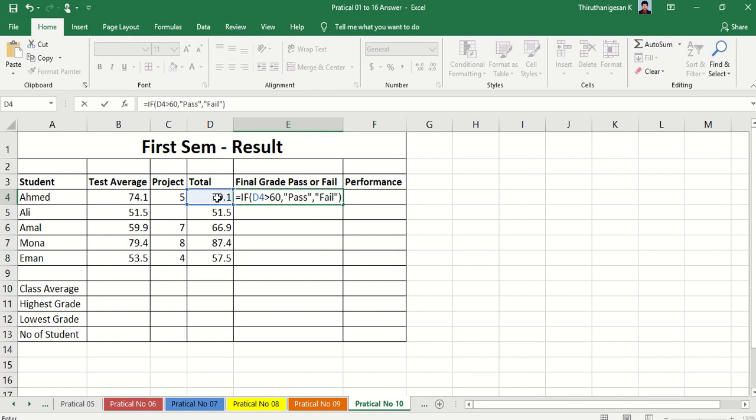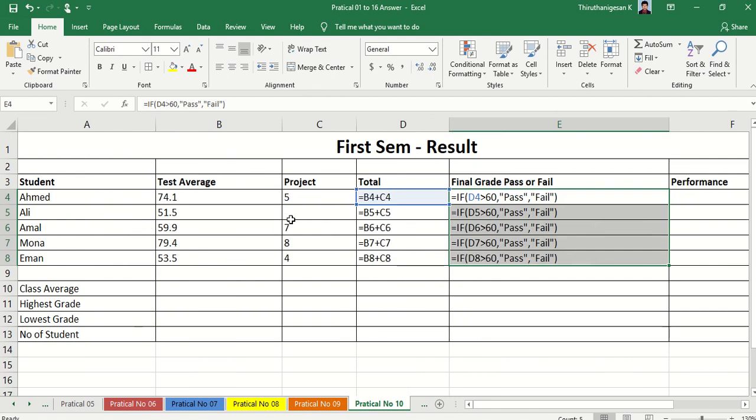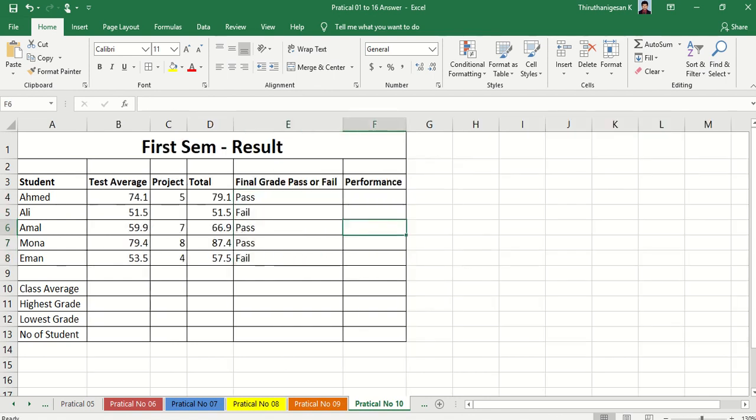Now we'll see. Here the total value in D4 is 79.1. That means the condition is true, so it will display pass. So it's okay. Just drag and drop, and it will be displayed like this. Okay. So then